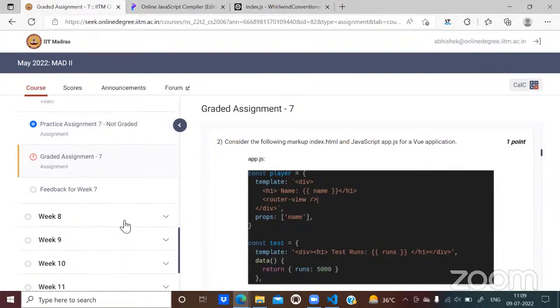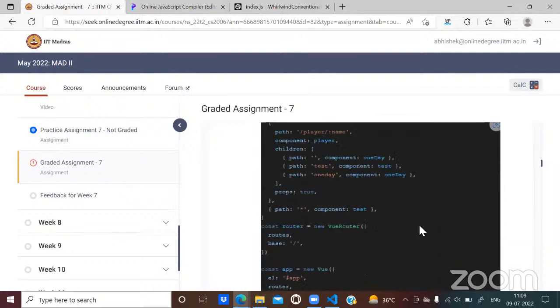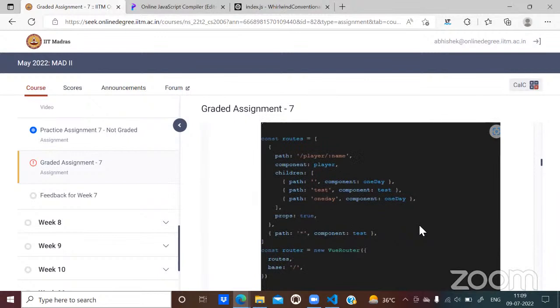And so here in the children, the order of the different paths is important. Yes, path is always important. And the order in which it is given is also important. That means it is first going to check with this, then this, then this. So that's why you are supposed to put the wildcard endpoint at the last. If you put it in the beginning, then everything is going to be masked, and you are going to get something big on your application.